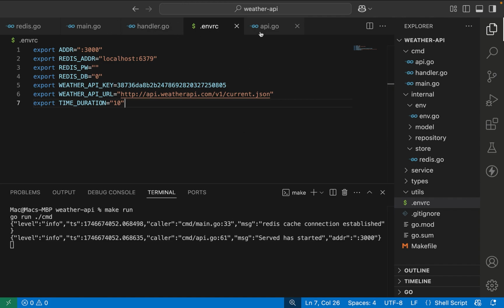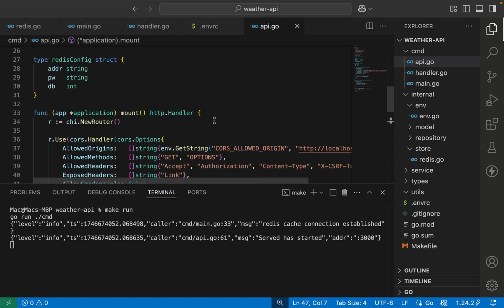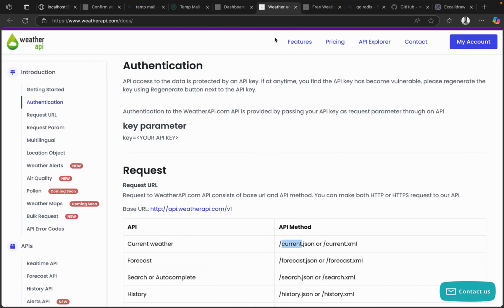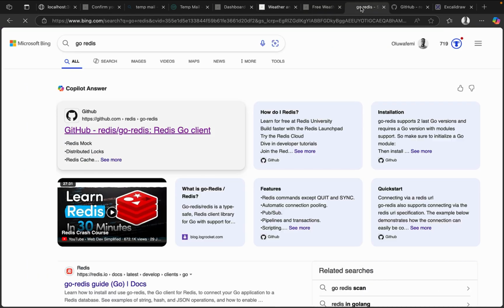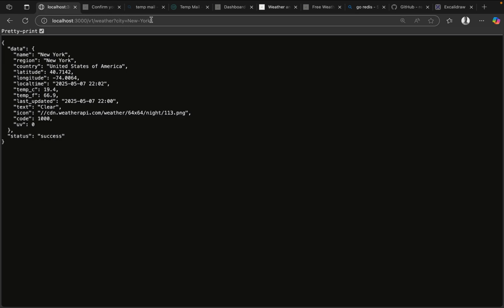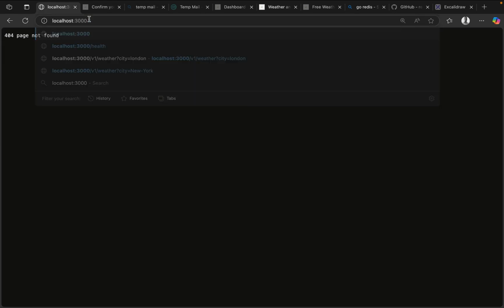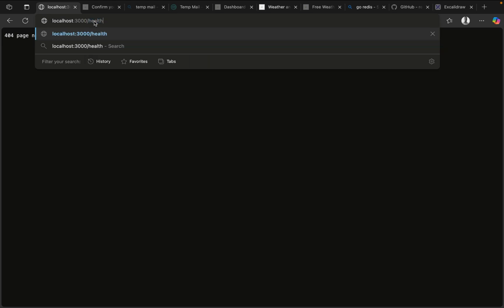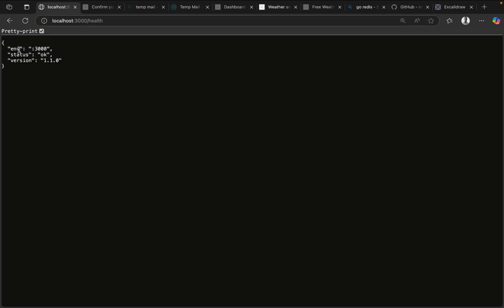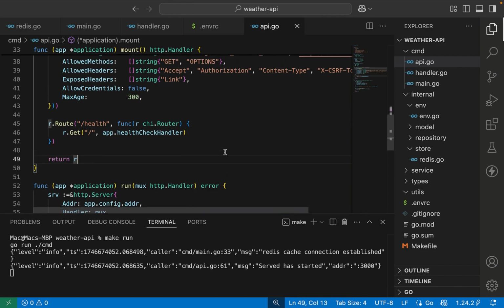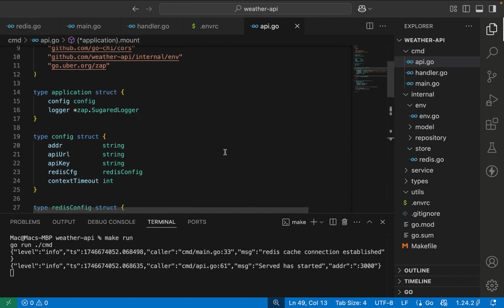So from our API, we know that what do we have in our API? This is a route, right? So let's go and check out that route. Okay, so we have a route here which is 3000, right? So nothing, so you can do /health. So you can see that everything is working fine now. So the health is working fine. So everything is working fine now. So our focus now is going to be on,